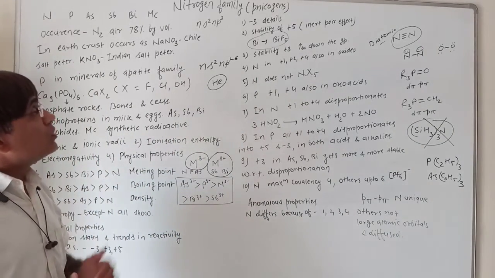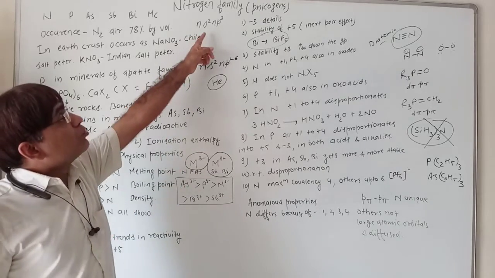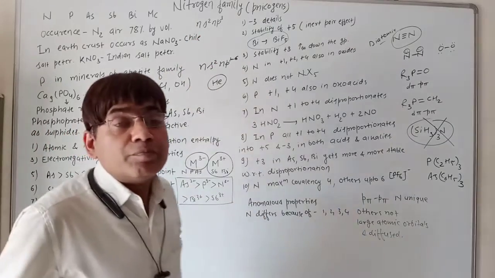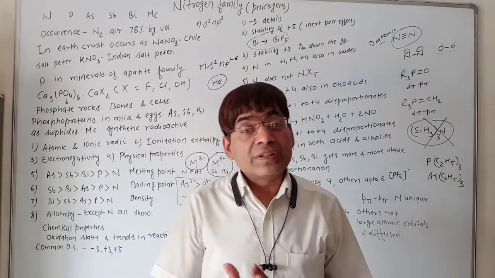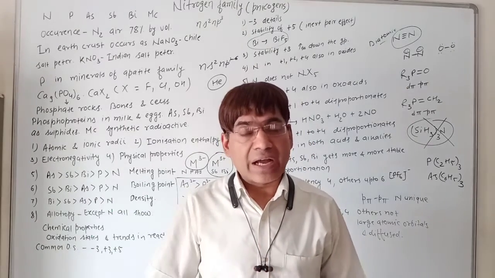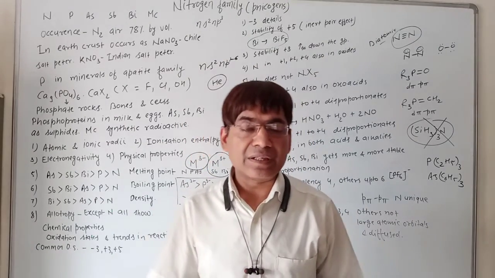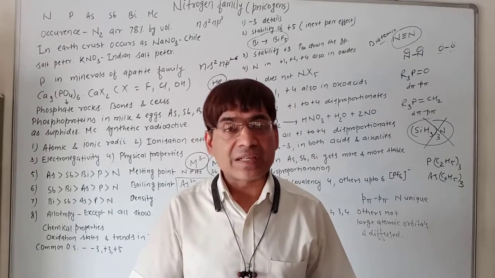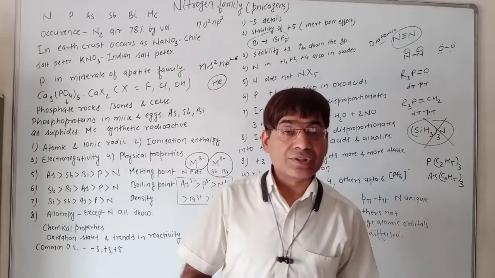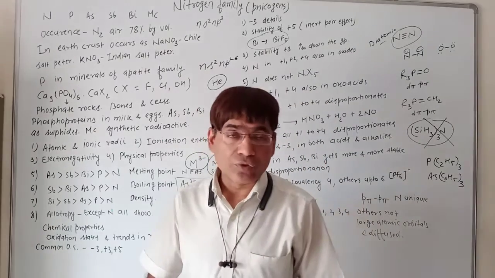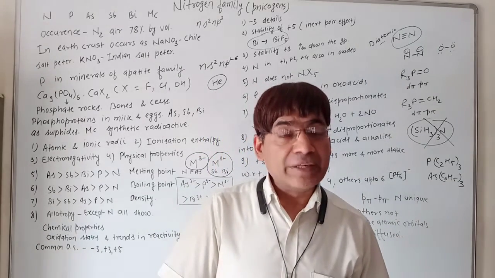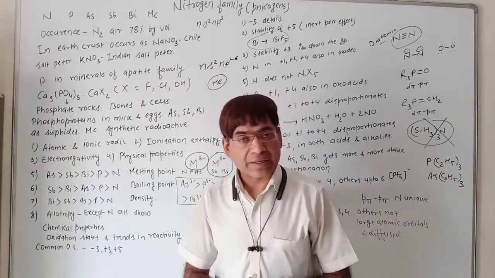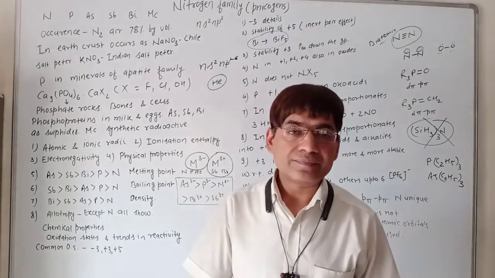Clear? Now, for the removal of these 3 electrons from the p orbital, with successive loss of electrons, ionization enthalpy increases, and this again is common. Successive ionization enthalpies are always higher. Ionization enthalpy 3 is going to be more than that of 2, and ionization enthalpy 2 is going to be more than that of ionization enthalpy 1.